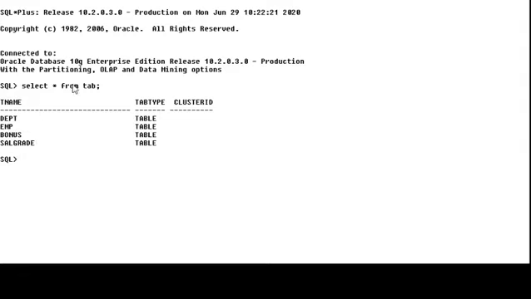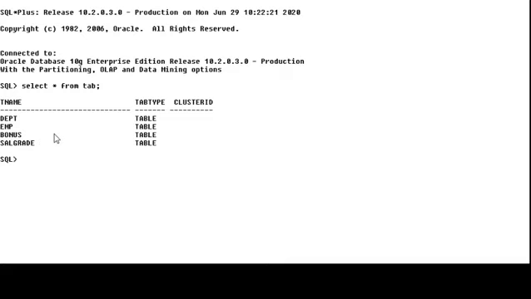When we execute the select star from tab query, it gets all the table names from the particular user. TNAME is a table column, TABTYPE is a table column, CLUSTERID is also a table column, and DEPT, EMP, BONUS, and SALGRADE are the table names, with type TABLE. These are all data of the table.